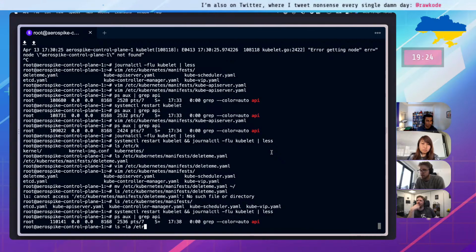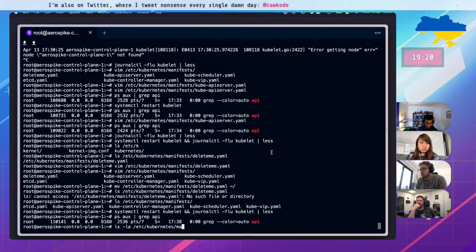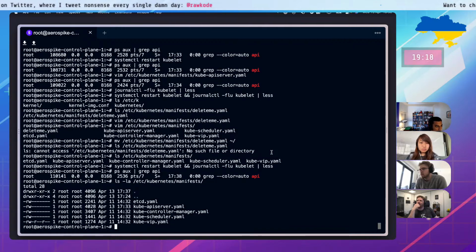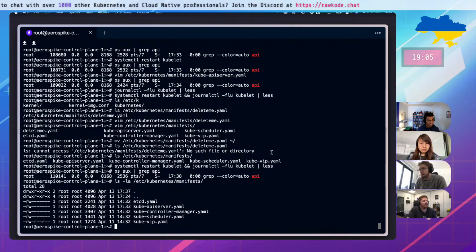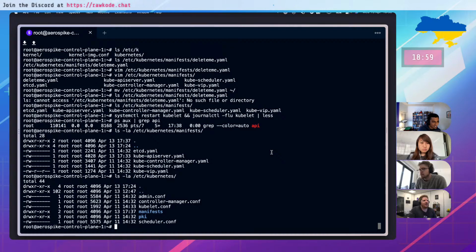I moved it to home. Well, kube-vip is readable by other folks. The other ones are not. I'm pretty sure that doesn't matter; kubelet runs under root. But you can check that too.